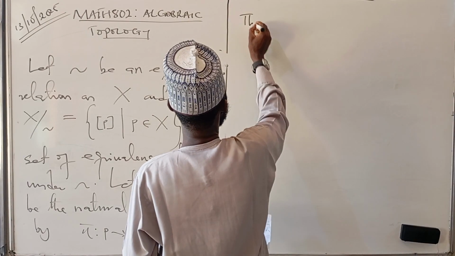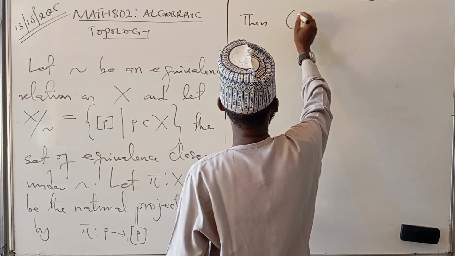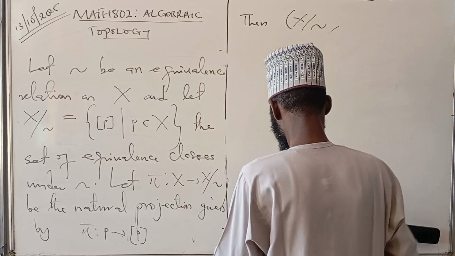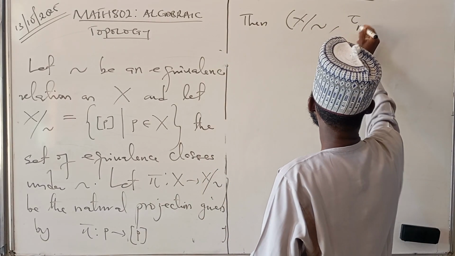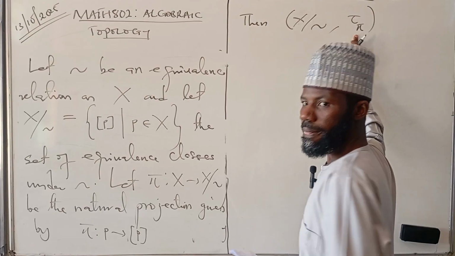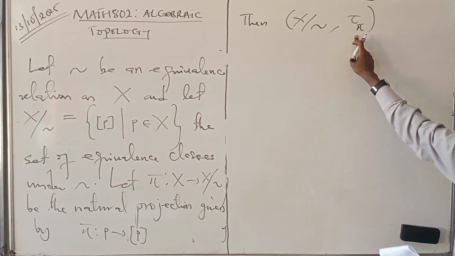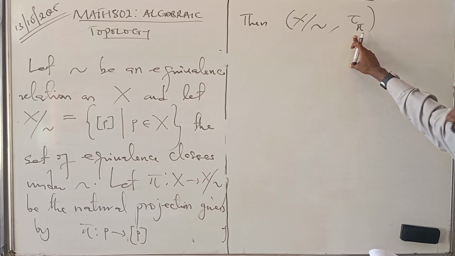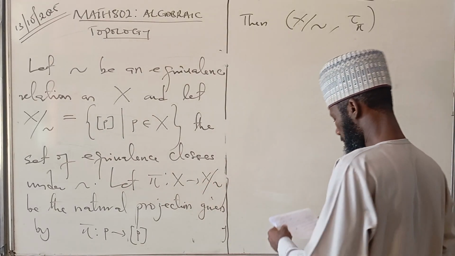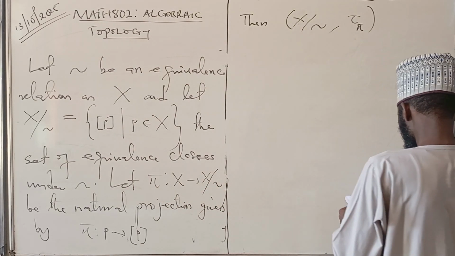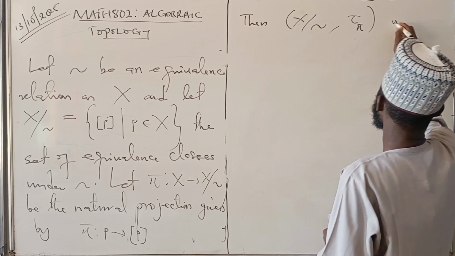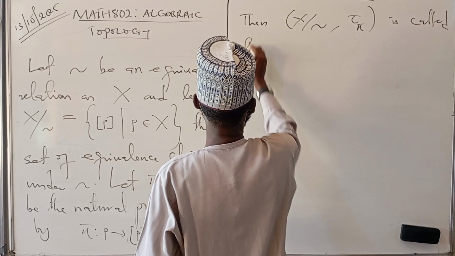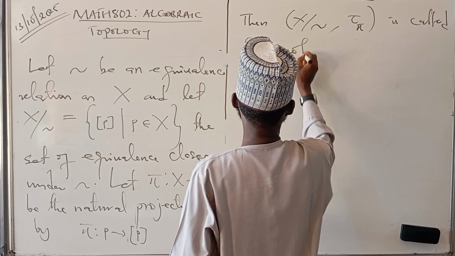So then, for X by tilde, together with this one. What is this one? This is the quotient topology induced by pi. Are you following? By this mapping. Okay? So this is called the quotient